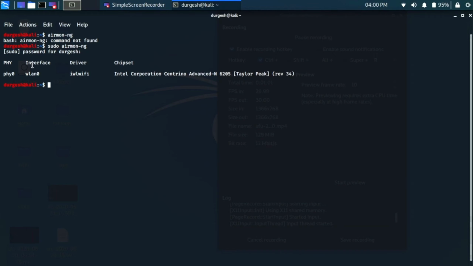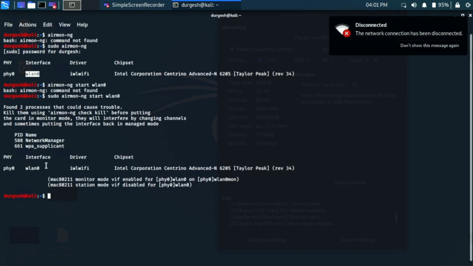The interface available in my system is wlan0, and first we need to convert it to monitor mode, and then we can go to the next step. To enable monitor mode, you need to use airmon-ng start wlan0. Sorry, sudo access again.